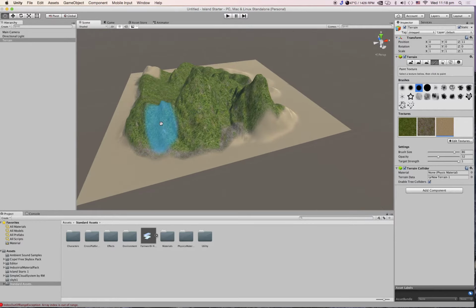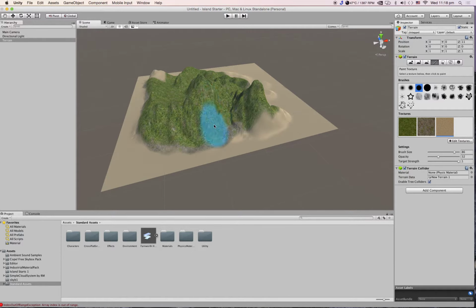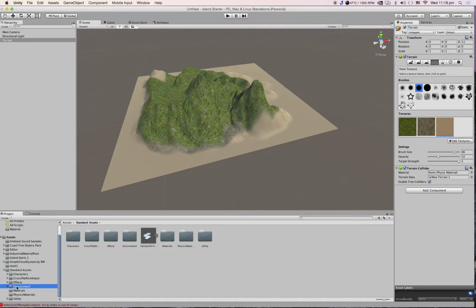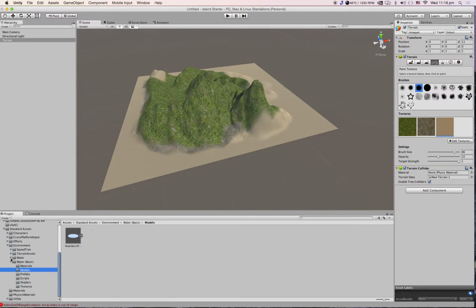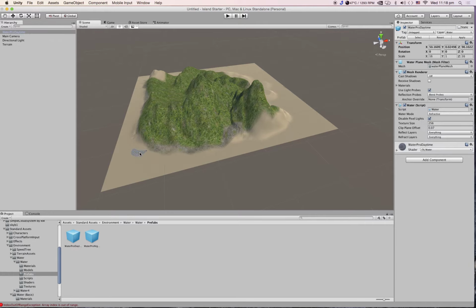Okay, so now with the landscape getting there, I'd like some water. So I have to go to my standard assets, and under the environment, I have several types of water I can use. This is a basic water, right? And there's a prefab, or I can use this water here, which contains some water also. Whatever you choose, under prefab you can just drag this piece, and it will have this little circular kind of